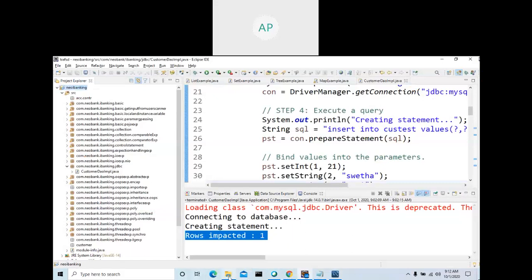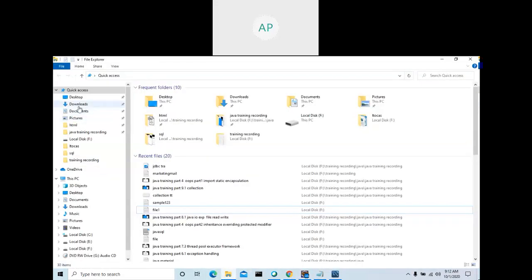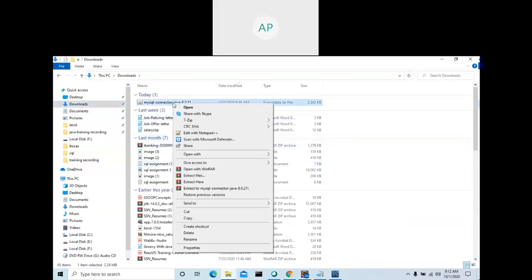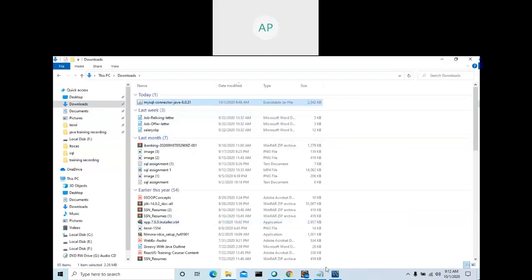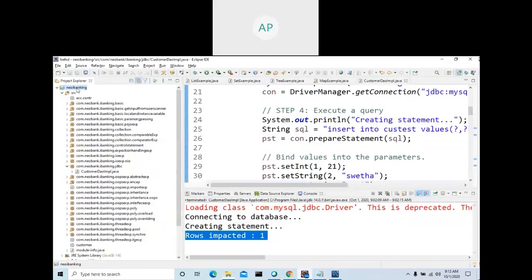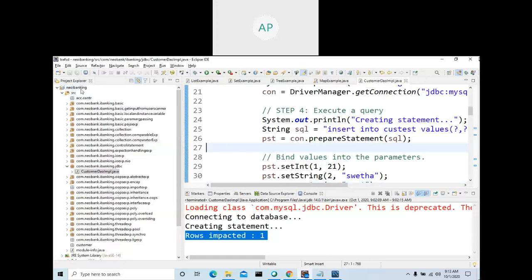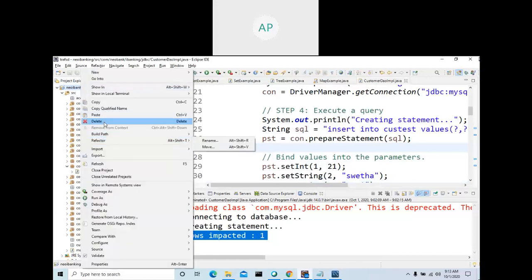Okay. Anyway, so now you got an idea about database. The only thing that you need to do is add the driver. See here, the jar file which I downloaded. Copy the jar file and paste it into this SRC, or here, just a place. Where we downloaded, if you download, it will be in the download folder, right? Go to the download folder. Here, this one. Control, copy, and paste.